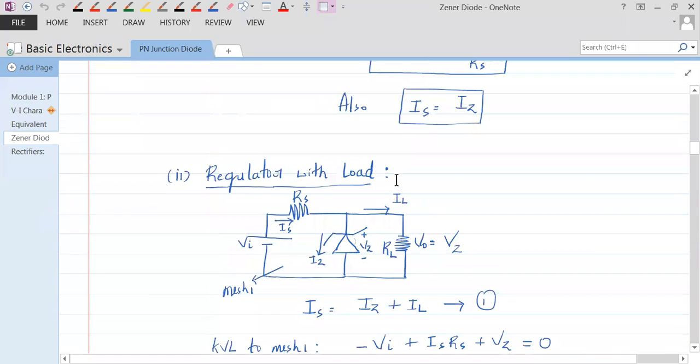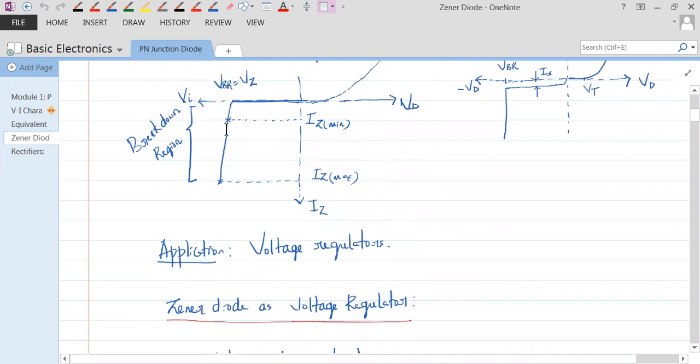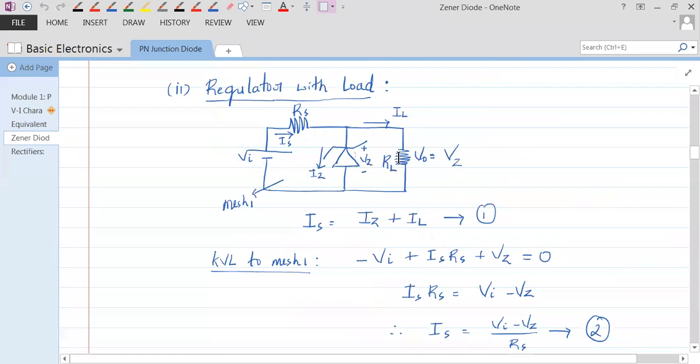What is Zener voltage? See here, everybody, where is that drawn? Here is VZ. So don't you think VZ is constant here? There is a slight variation, but ignoring that, don't you think VZ is constant? Yes or no? For varying VI, VZ is constant. You keep varying VI, but VZ across Zener diode will not vary. Okay, and that VZ itself is the V naught. Understand? So when this voltage is not varying, it means there is no variation in the output.